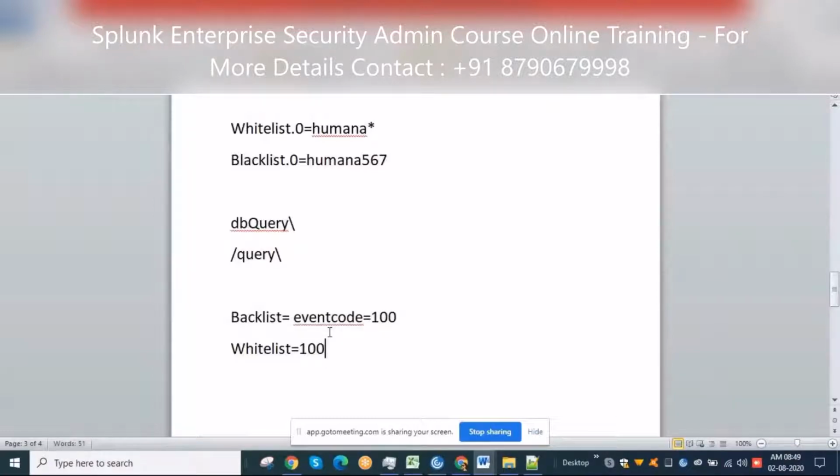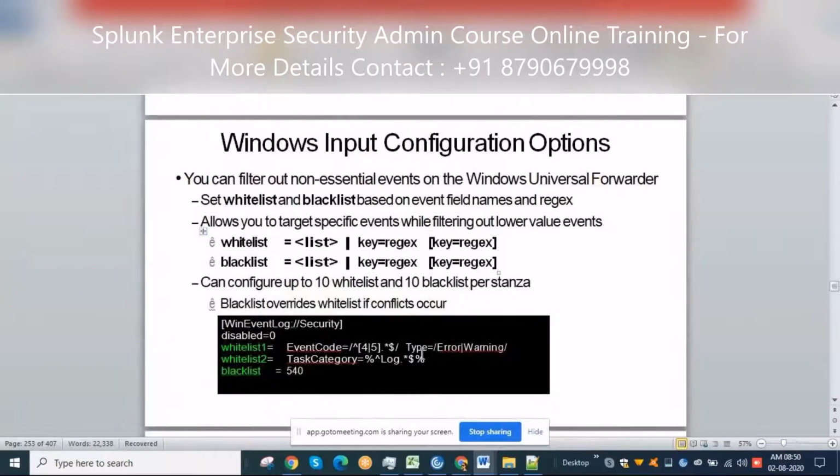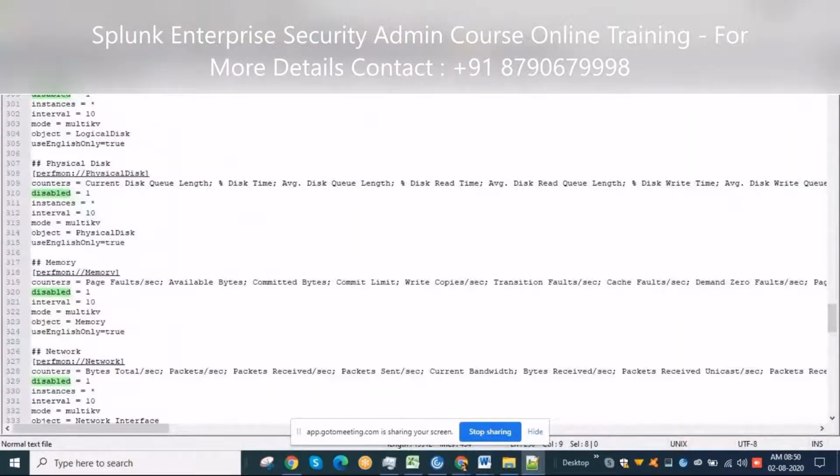Now the question is, my logs are with event code values. I'll explain this again. If you see here, this black box, whitelist event code is equal to 4 or 5. I should also explain this one to make things clear.